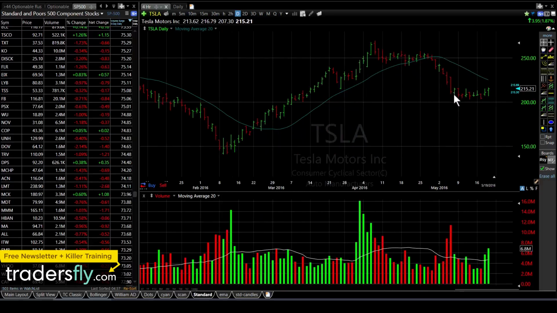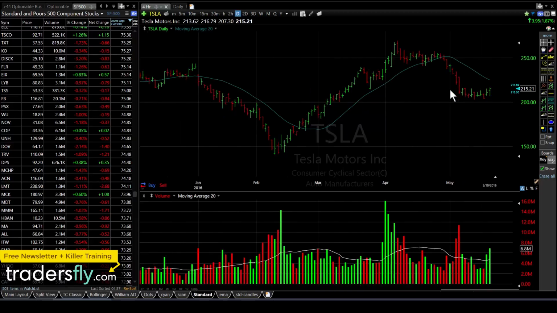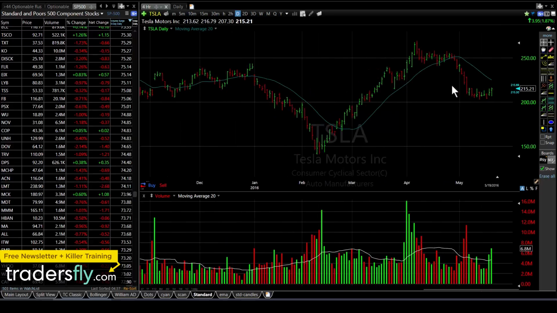So how did I come up with the figure? How did I read this chart, and how does it make sense to choose these figures? Well, before even knowing the figure, you have to understand how stocks move. So why do they snap back? Well, they snap back because people buy their shares back.